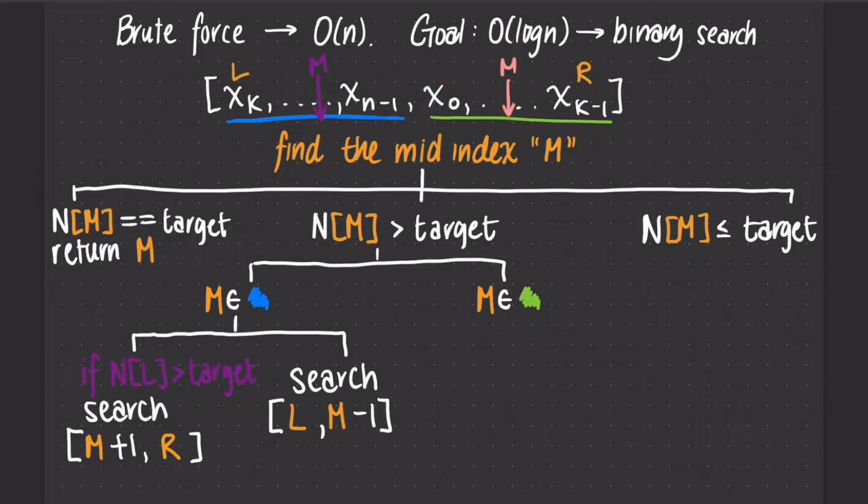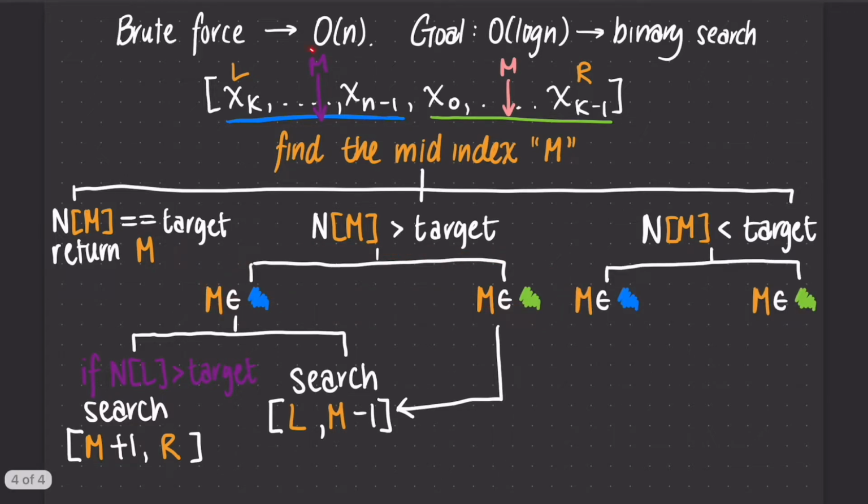Since we don't know what x0 is, we just search everything left of m. Now let's look at the third case, where n of m is less than the target. Similar to the previous case, m could belong in the blue or the green areas. If we were here at this purple m, so somewhere in the blue,